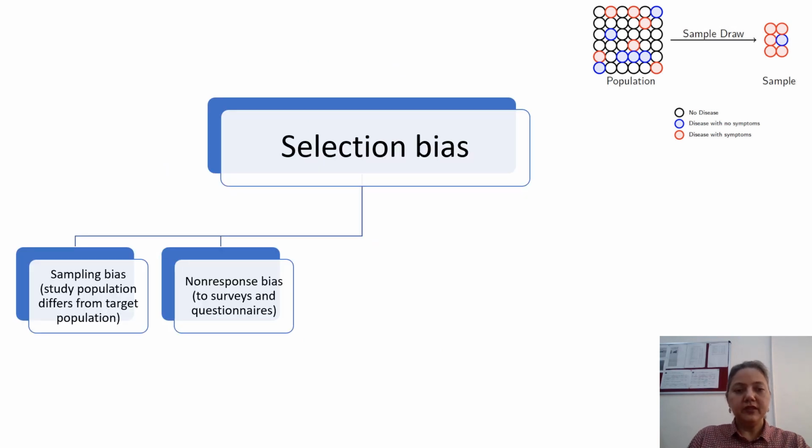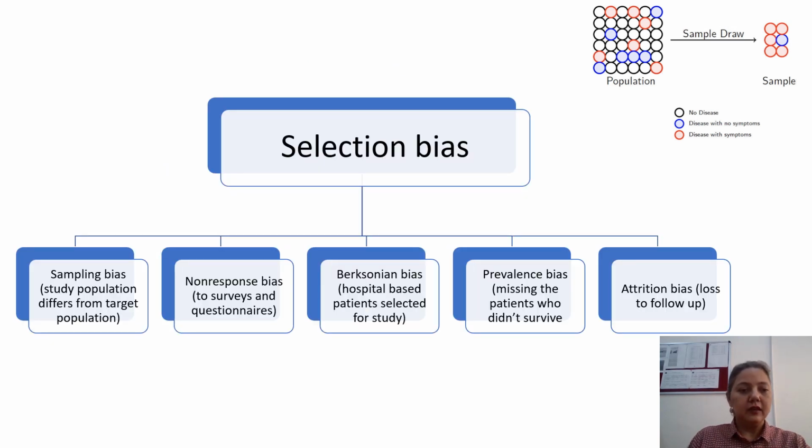Selection bias can be further classified into different categories. Like there can be sampling bias, where the sample is not a true representative of the target population. As we can see in this figure,